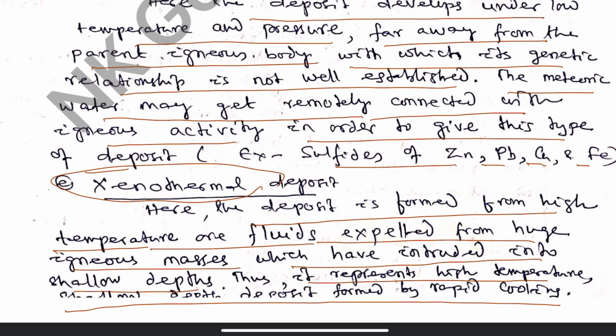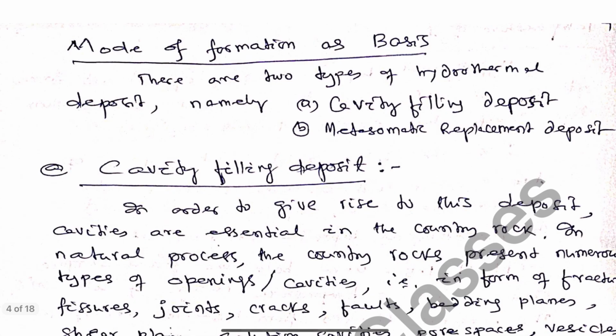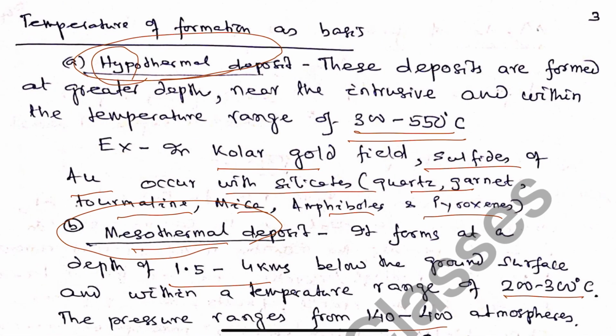So, it is a high temperature deposit, but it is found to be expelled from huge magmatic bodies. So, these are the 5 types of hydrothermal deposit on the basis of the temperature